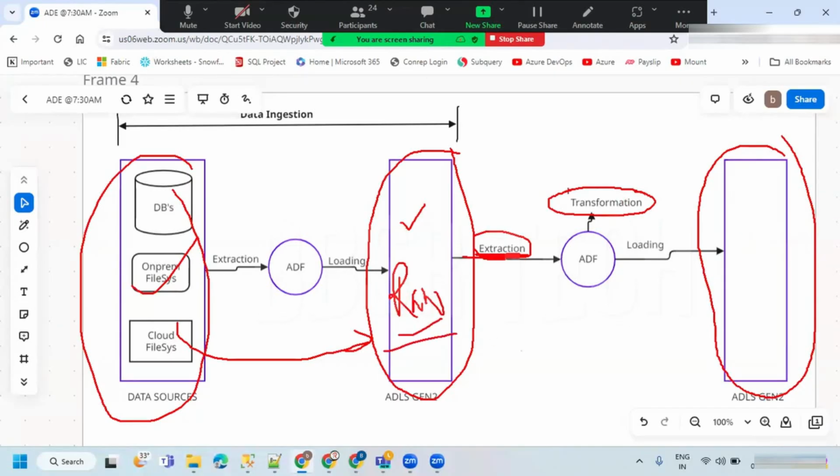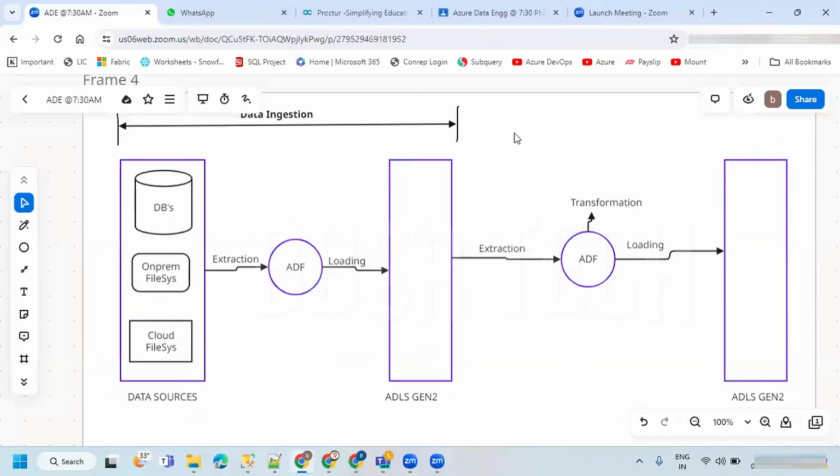Here we are going to apply transformation to get the shaping. Transformation is the process of applying data shaping to the data. And once that is done, we are going to feed the data into the target. The target here is Azure Data Lake Storage Gen 2. So this entire thing we can say